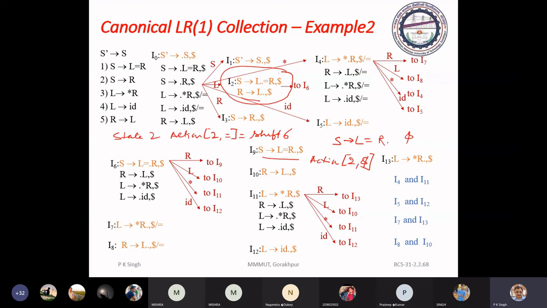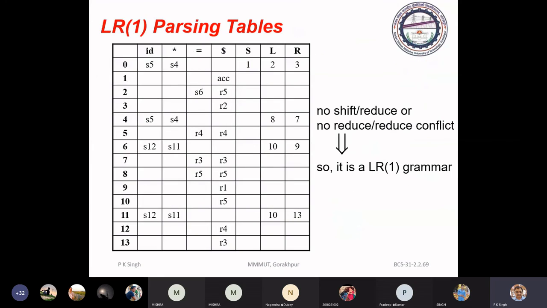But in this case, there will be no collision. If you try to construct the LR0 items for this and compute the table, you will see here at state 2 we have S6 and R5, and that leads to the shift reduce conflict.